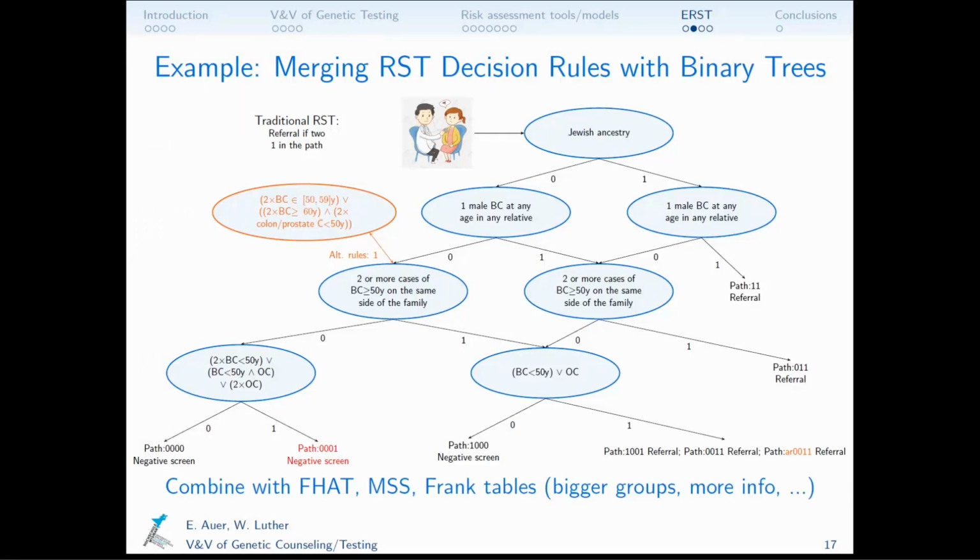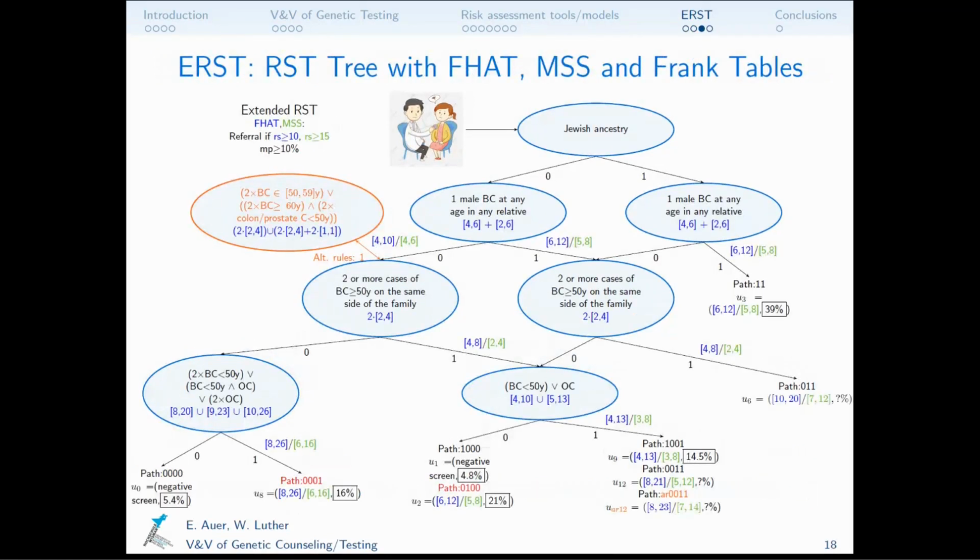And in a minute, we will see how we can combine that with three tools I mentioned earlier: the family history assessment tool, Manchester scoring system, and Frank tables. This would have the advantage of bigger patient groups and also more information. So this is our proposed extended referral screening tool, where we combine the binary tree with all the tools I've mentioned during this talk. For example, if we take a look again at this path 1 and 1,